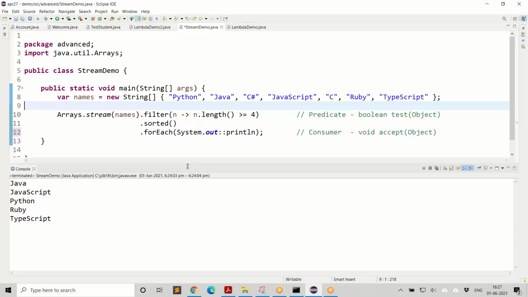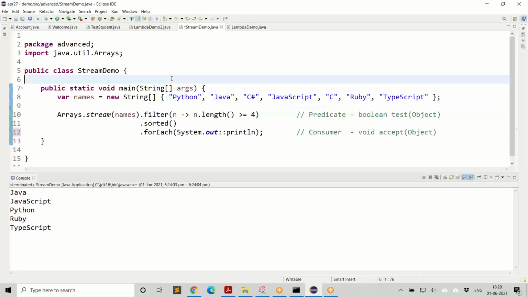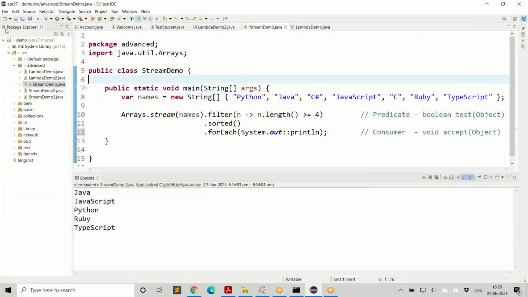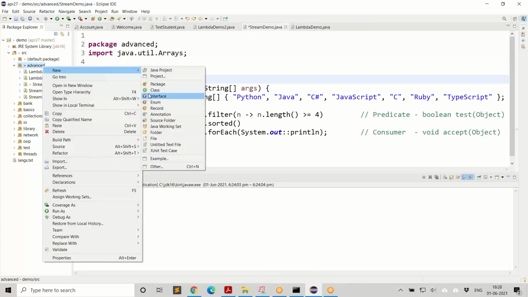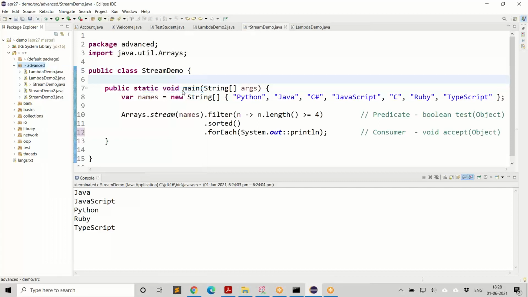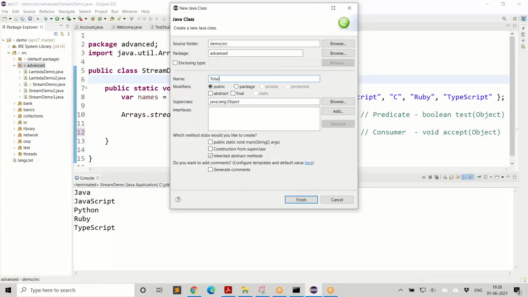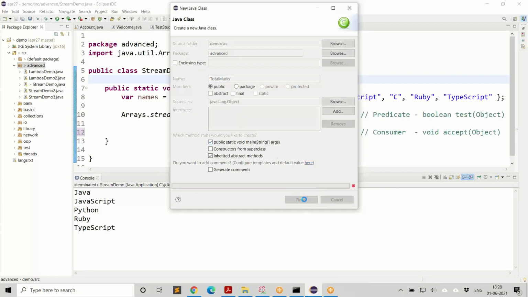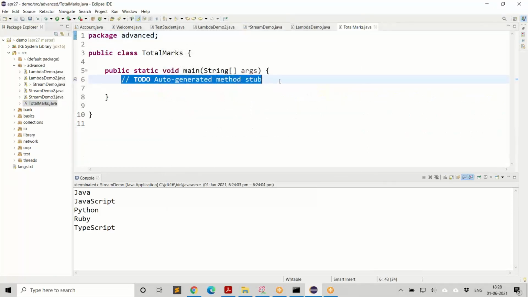For example, let us say we want to get the sum of the numbers, but the numbers are not in the form of integers, they are in the form of strings. So let's go and see something like that. Okay, I'm going to create a new demo, and then we say total marks. So here we talk about an array.